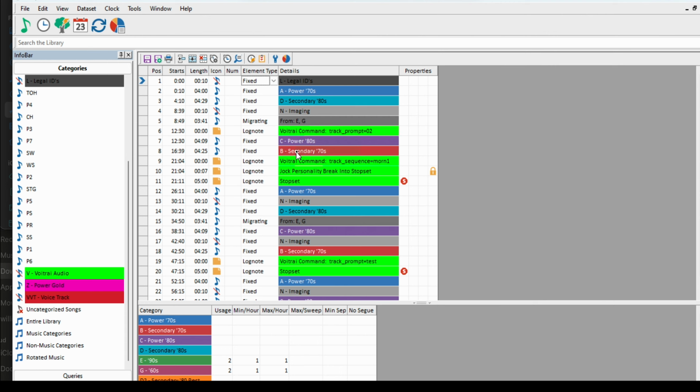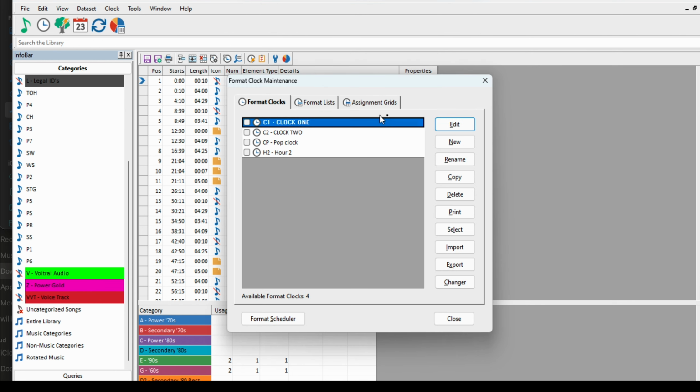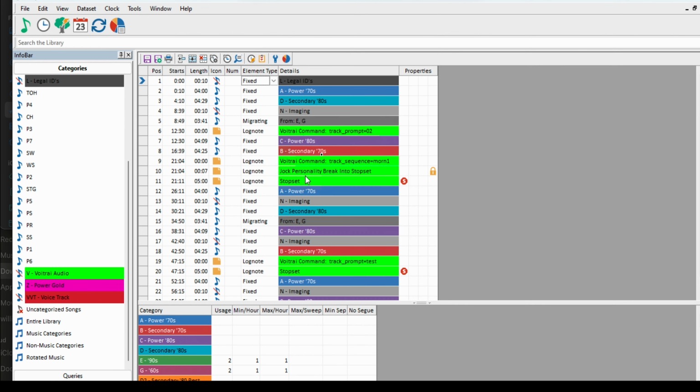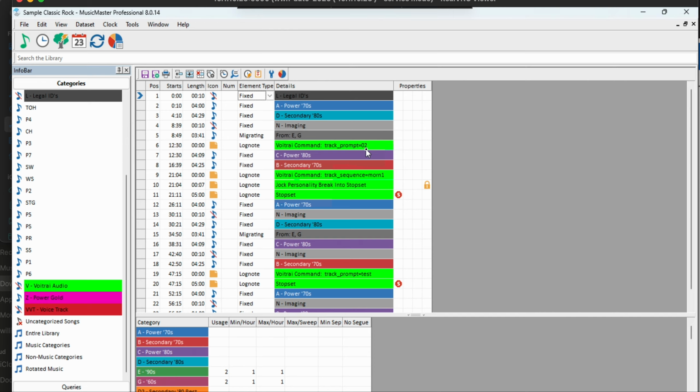In Music Master, you would go into Dataset, go to Clocks, and you can see Format Clocks. Choose the clock that you would like to edit. On the screen, you'll see in this clock, we already have Voitrai command track prompt equals 02. If you remember a moment ago, we had a track prompt in the Voitrai cloud configuration that had a prompt ID of 02. Now, if we wanted to insert another element into this, all we would have to do is